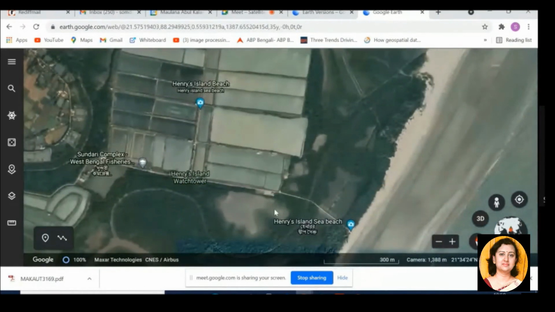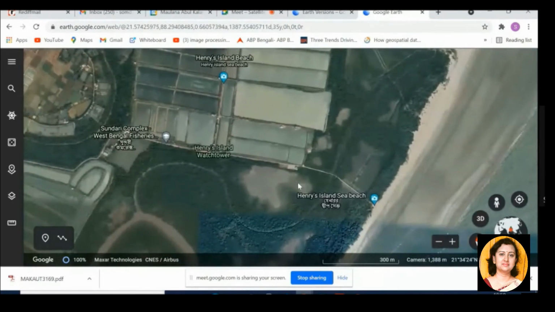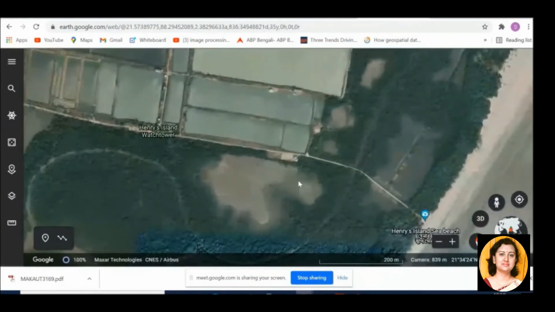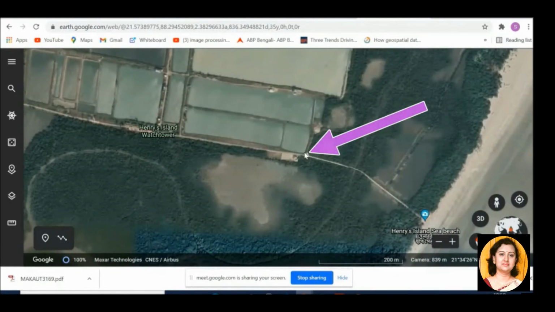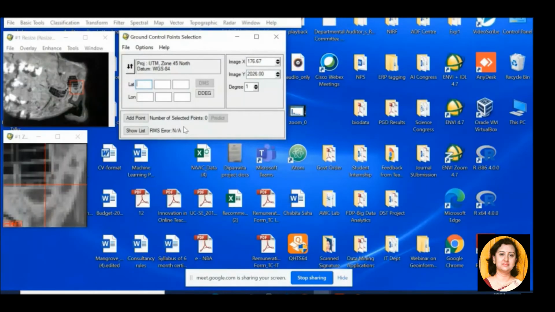Let us select some intersection which will be easy for you to understand. Let us select this point: 21 degree, 34 minutes, 26 seconds north, and 88 degree, 17 minutes, 43 seconds east.